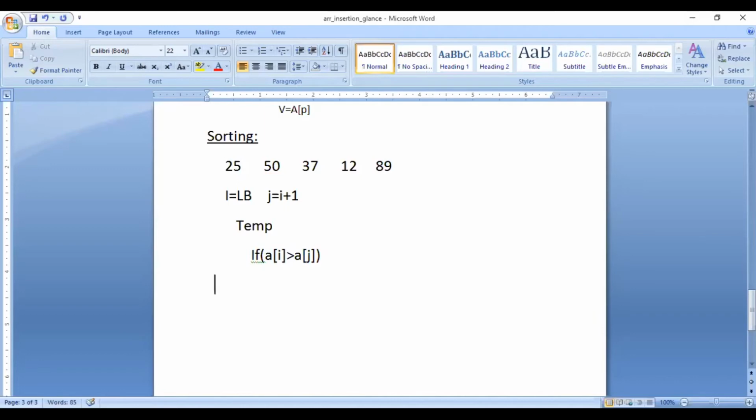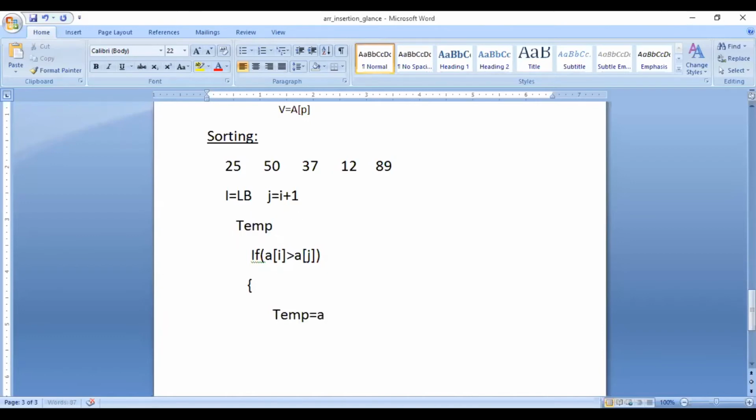Now, how will sorting work? Here we are going to exchange the values of a of i and a of j. It means the value of a of i will be stored in the position a of j, and the value of a of j will be stored in a of i. How can we write it? We have one variable, temp. It is an empty variable, so we can store a value here.